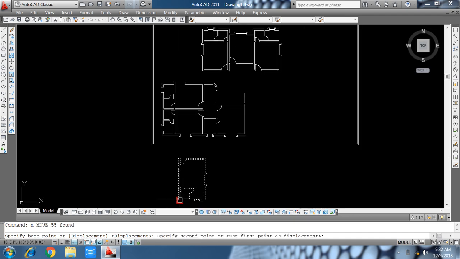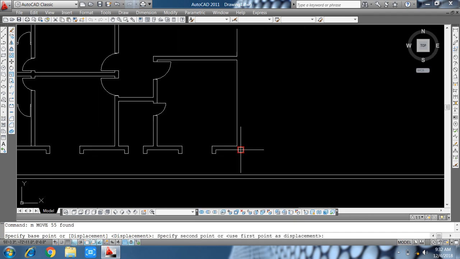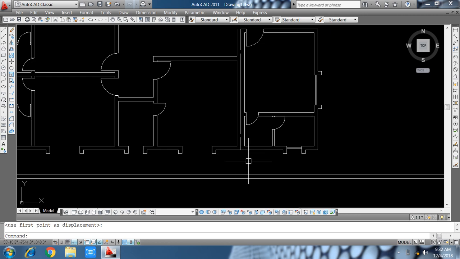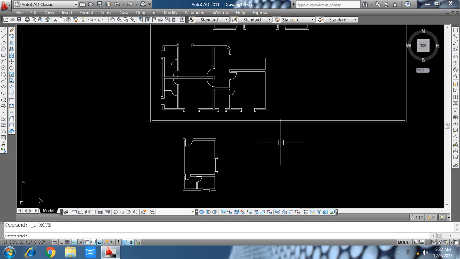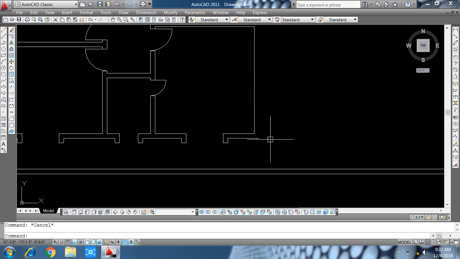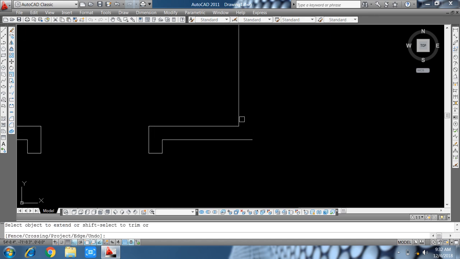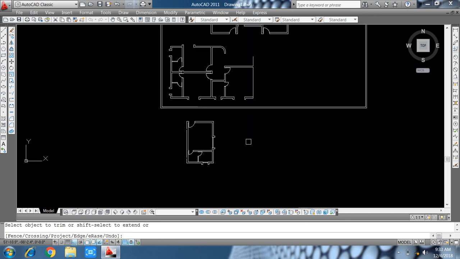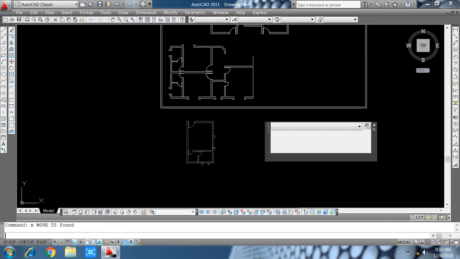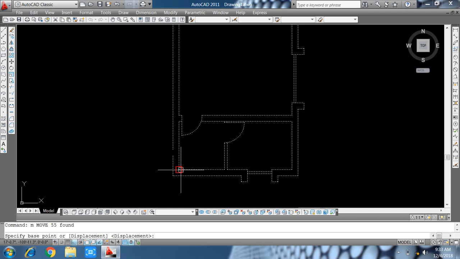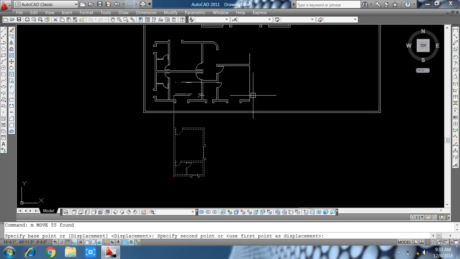Now I make the stairs. So make the stair. We also rotate this plan. Select all the plan and press rotate. Yes, friends, we rotate it.